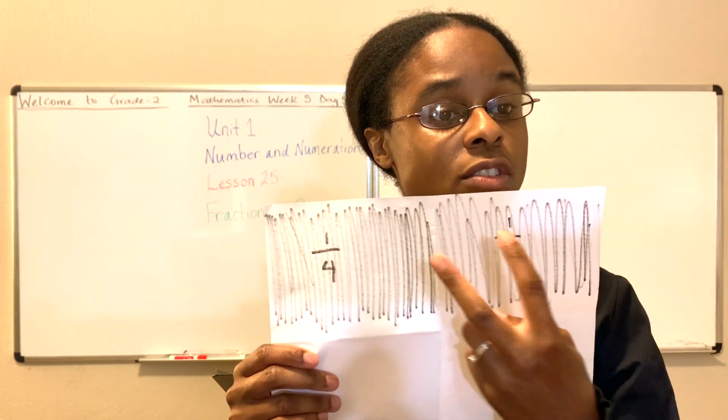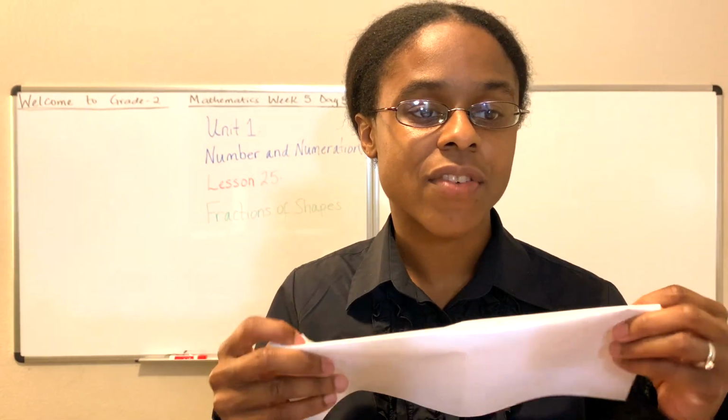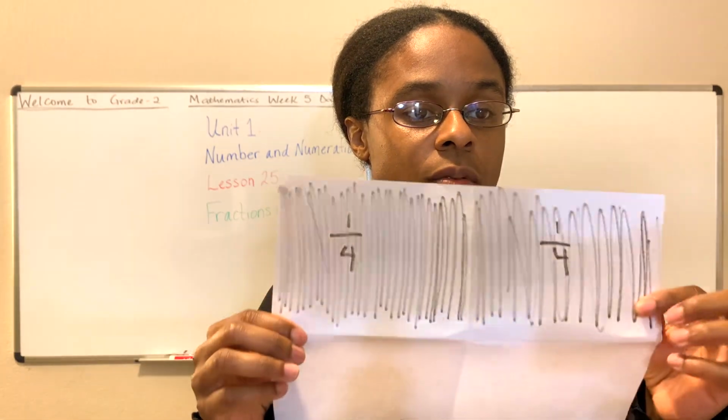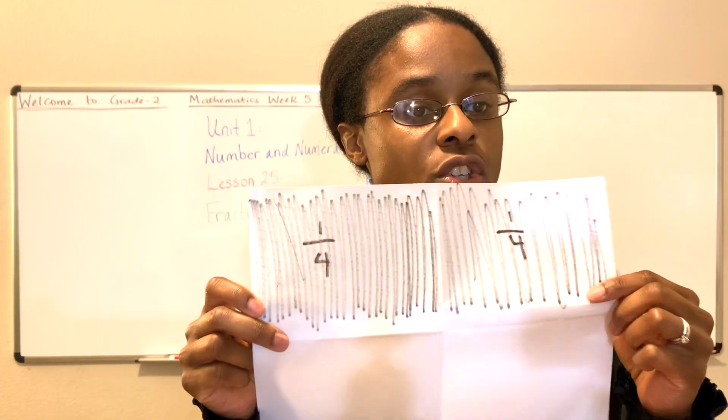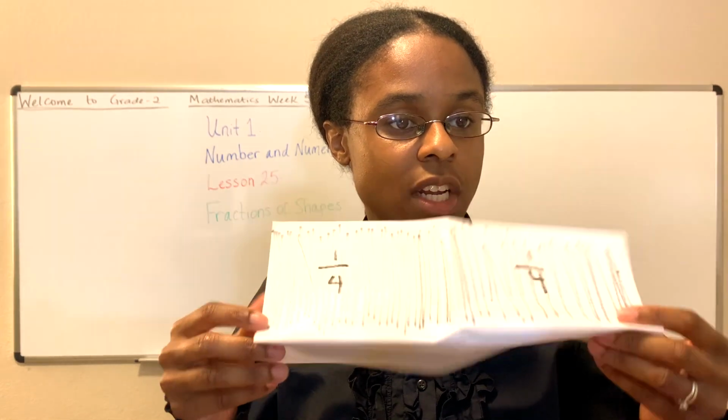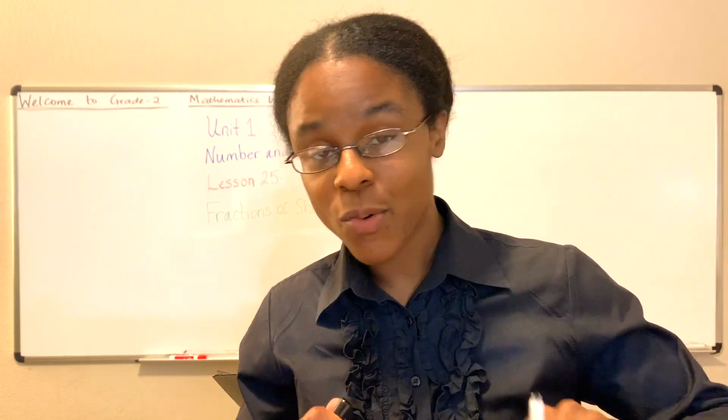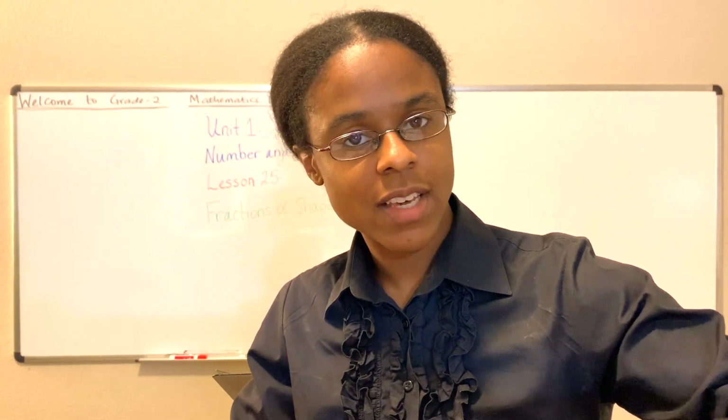So it looks like you now have 2/4 sections shaded, or you could even say half of your whole is shaded. This half is shaded. This half is not shaded. 2/4 parts, 1, 2 out of 1, 2, 3, 4 are shaded, or half is shaded. Another way to say that: half shaded, half unshaded. Okay, so what if I were to ask you this question? Since I'm starting to like this idea of shading, I think it's pretty fun. I'm just going to keep on shading.